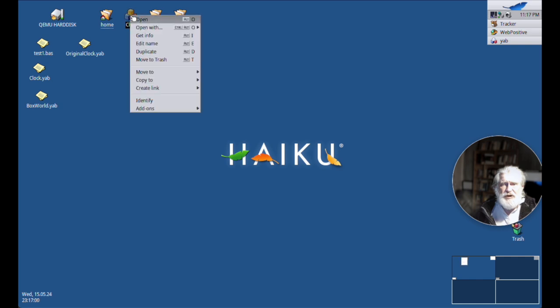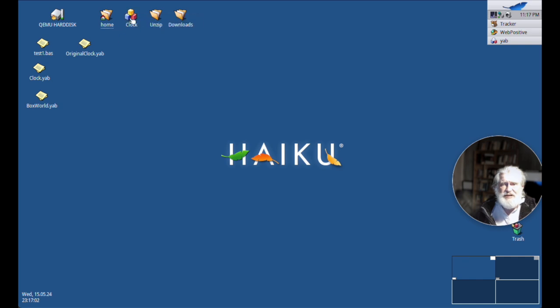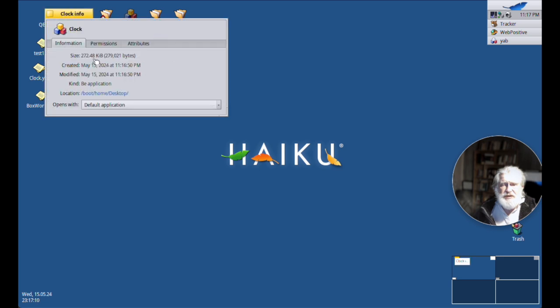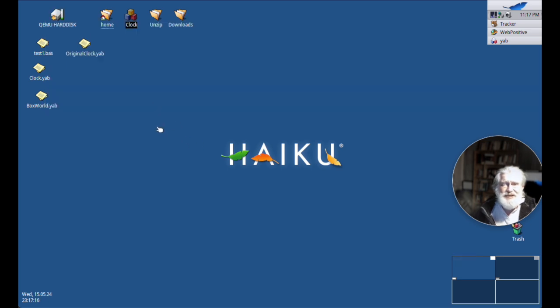And if we right click on that, we see that that is a little executable. How big is it? 272.48 kilobytes. That's a 70-line source code and 270 kilobytes. Still,